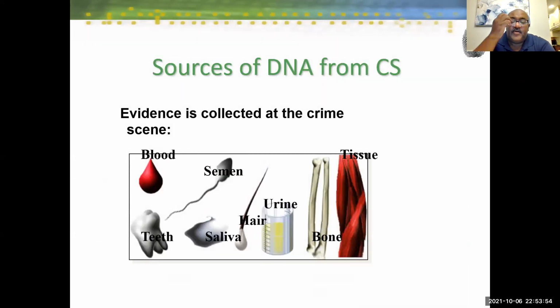We've gone through some of the stuff from crime scenes, but right now, specifically, the evidence collected at a crime scene that contains DNA is blood, semen, teeth, saliva, hair, urine, bone, and tissue like muscle. If you looked at the backseat of the car in the Kennedy